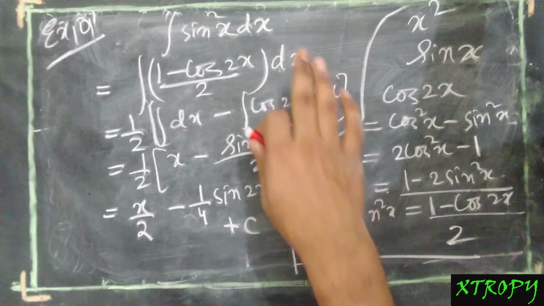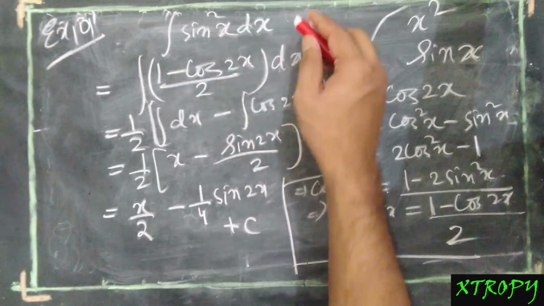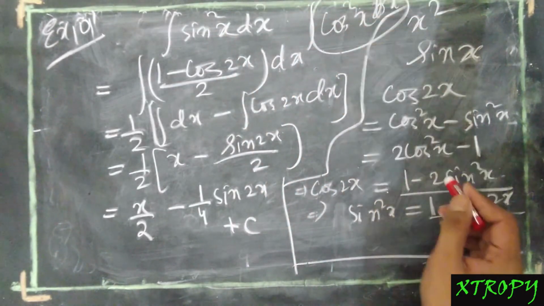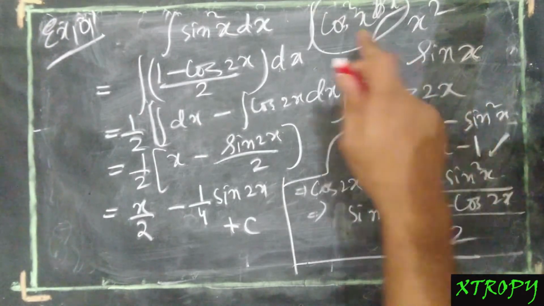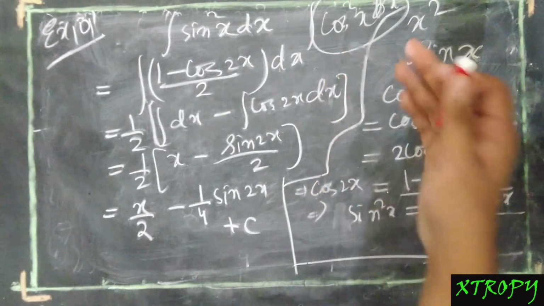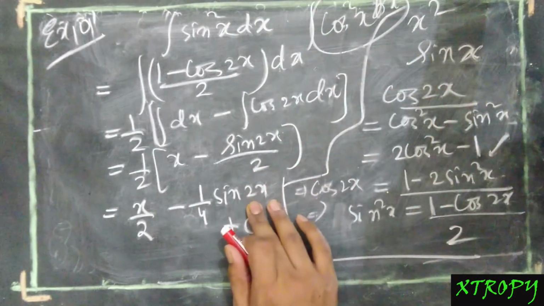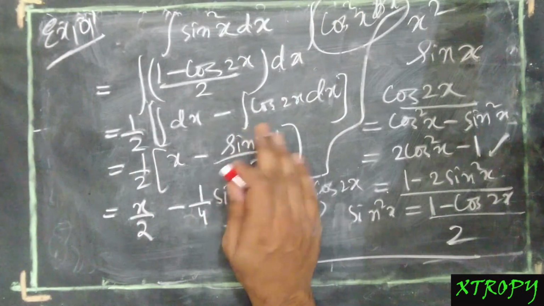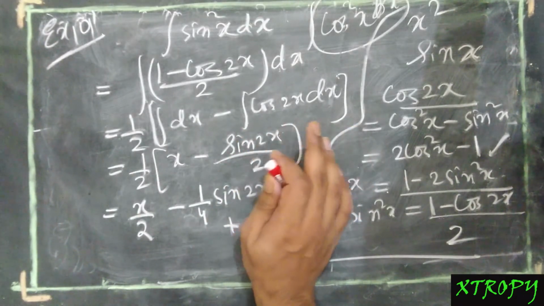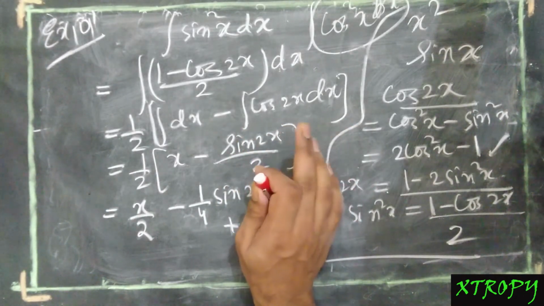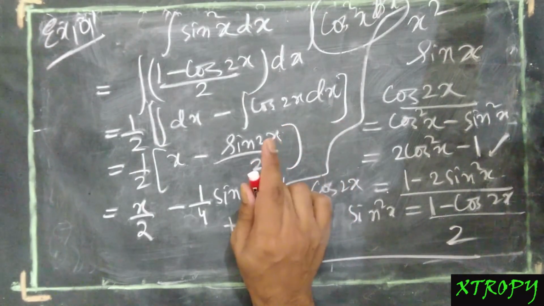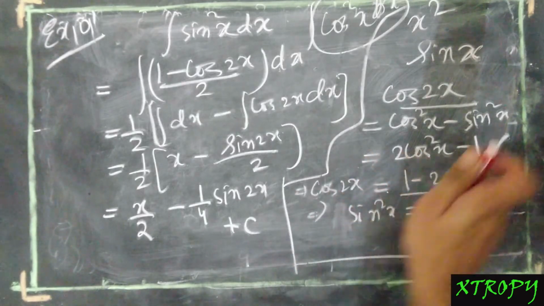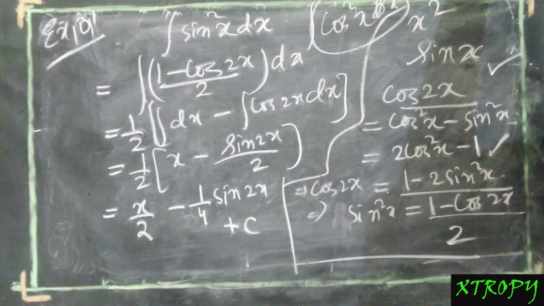So in this example we saw how to tackle this type. Suppose the question was integrate cos square x dx, what would you have done? You would have used this formula and converted the cos square x into a convenient form of cos 2x and then integrate. So you are observing the importance of trigonometry in each and every sum, and I will emphasize this more and more again and again, that how important trigonometry is for getting a smooth hand in calculus. So keep in mind these important trigonometric formulas.